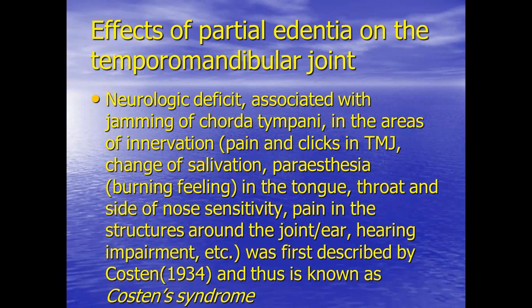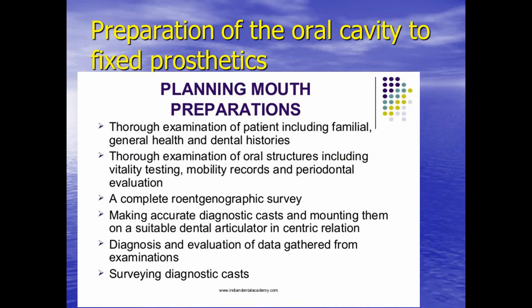So this syndrome was first described by Costen, and thus we talk about Costen's syndrome as a neurologic syndrome, which is, however, treated not by a neurologist but by a prosthodontist. The prosthodontist needs to restore the proper position of the mandible and the height of occlusion, which will result in not jamming the nerve chorda tympani and thus decrease and disappearance of the symptoms of this syndrome. Okay, so